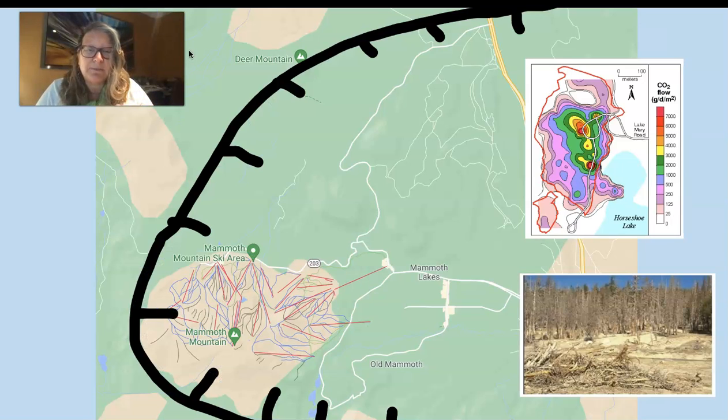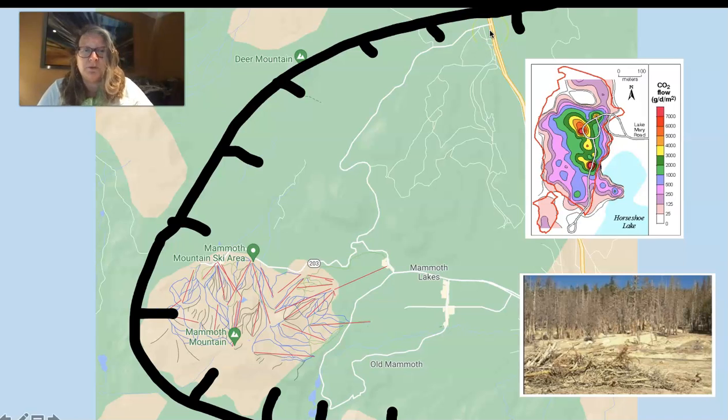One thing that the townspeople did was they realized that the only road into Mammoth Lakes and Mammoth Mountains was this one road shown here. This is Highway 395 here, and it was the one road that connected 395. So they said to themselves, well, if there's some sort of volcanic eruption and this road gets blocked, we're in trouble. So they built this second road, which is shown here,